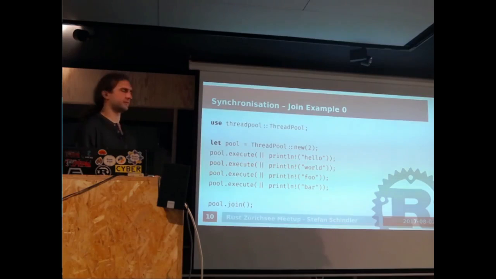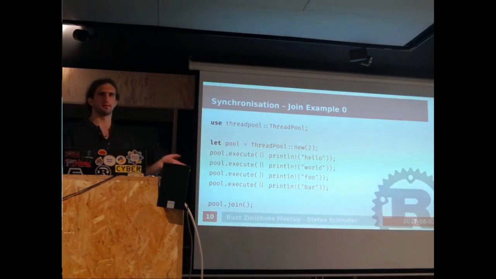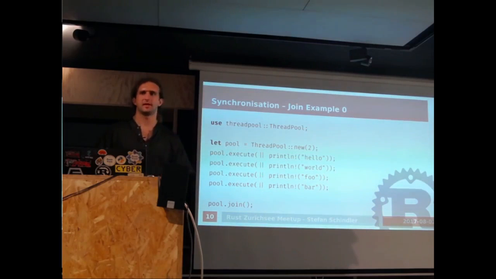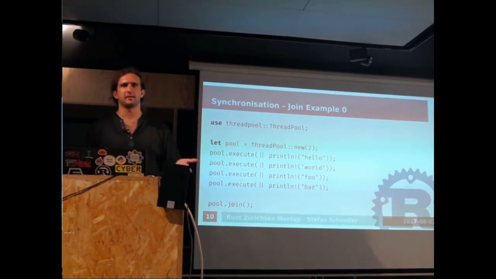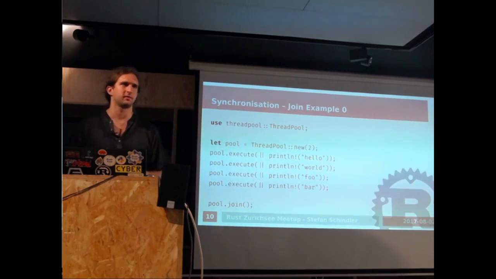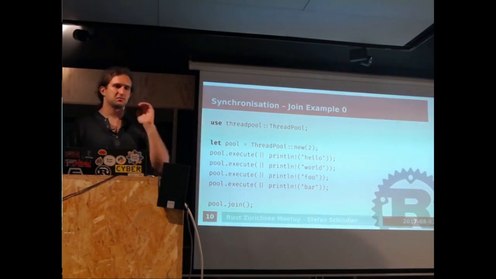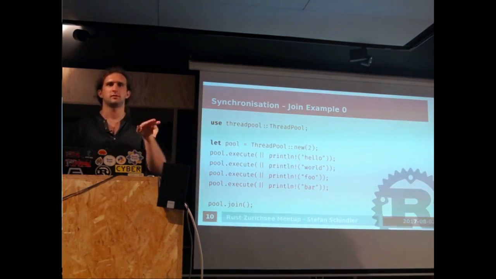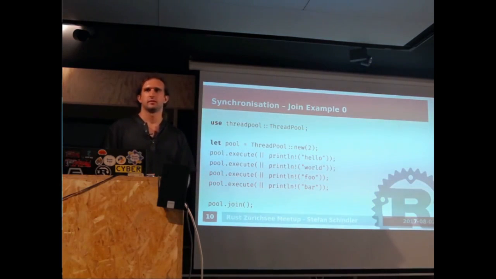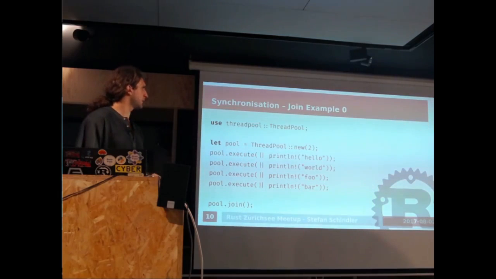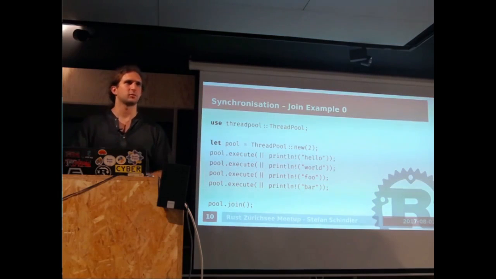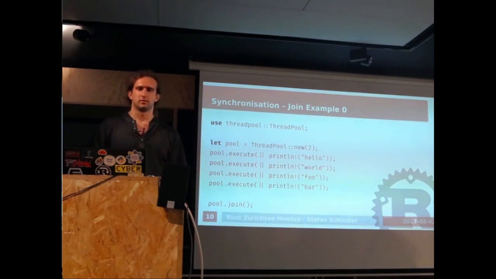So, here we have an example. The same as before. We have a pool, we have some jobs for it, and we join. Easy. No more barriers, no more channels. If I have a pool that's working on files which don't overlap, like a thumbnail generator, I just run it and join the pool afterwards and be done. It's the easiest solution for stuff where I don't care about the return value inside the program, because the effect the program is having is outside of the program. It's really handy.